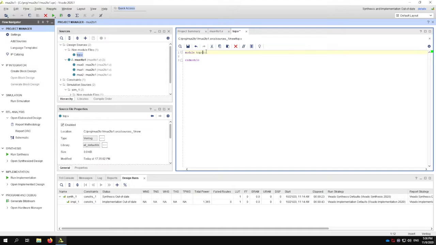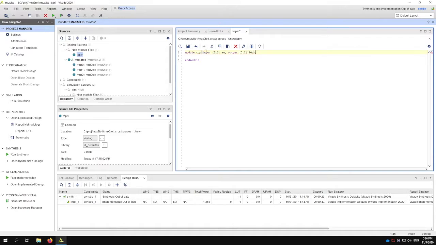So remember that I did that weird thing where I defined the LED as a vector of length 1. So I'm going to do all that again. I'm going to define my input. So it was 5 to 0 switch, and output 0 to 0